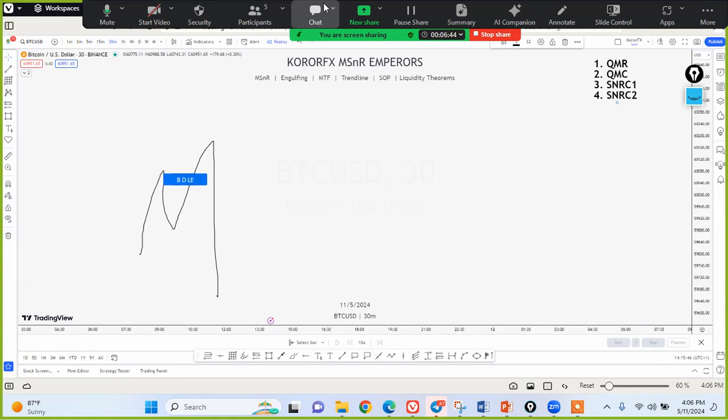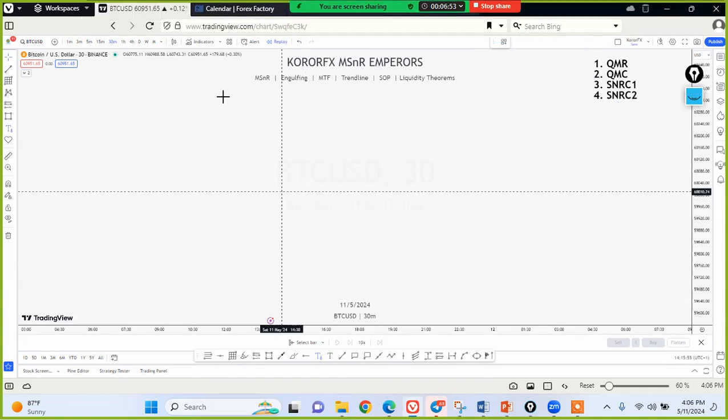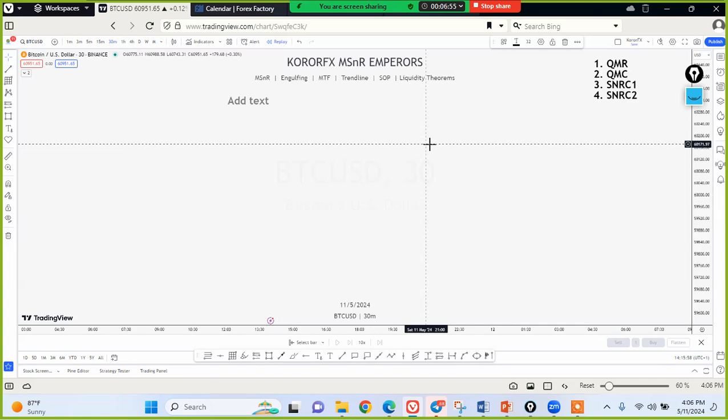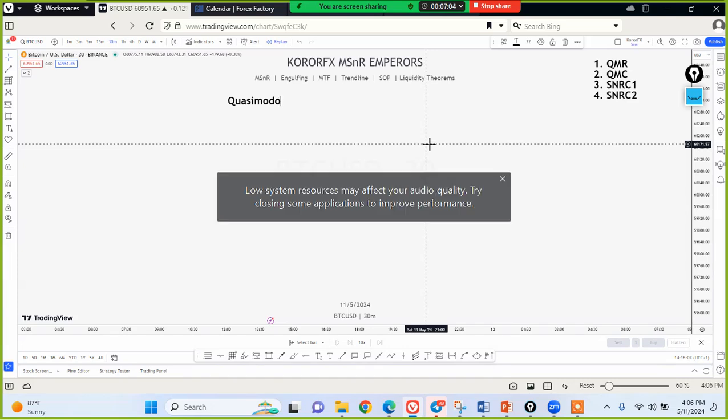a pattern that we have to understand, guys. It's called the Quasimodo. That's how I read it. So this one is a beautiful and powerful price action structure. It gives a big sign that the big money is ready to change the price direction. So we always want the QM, and